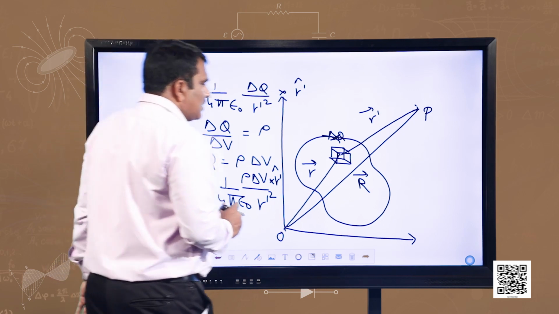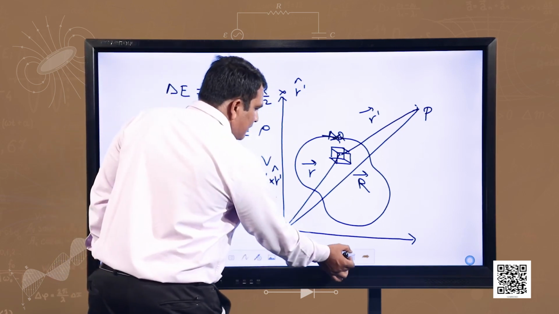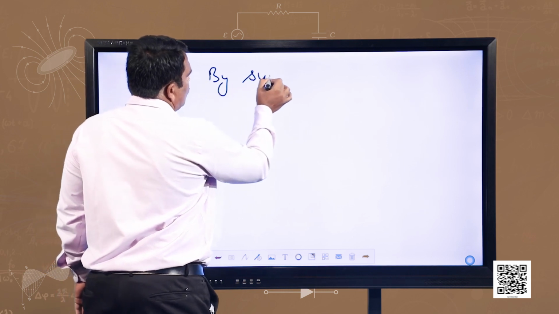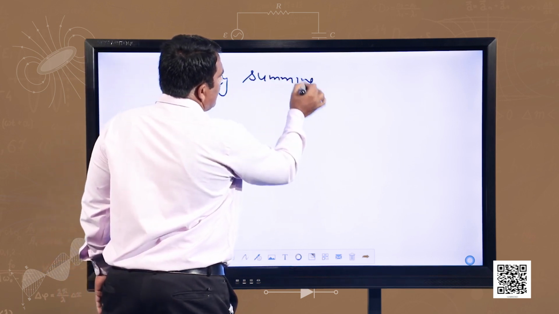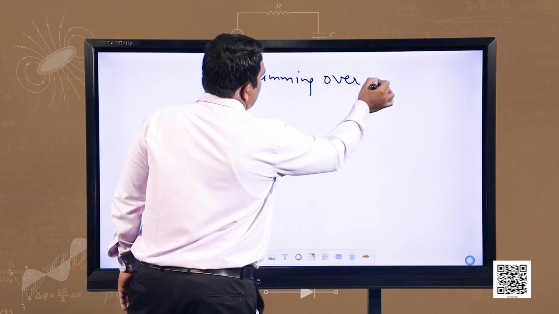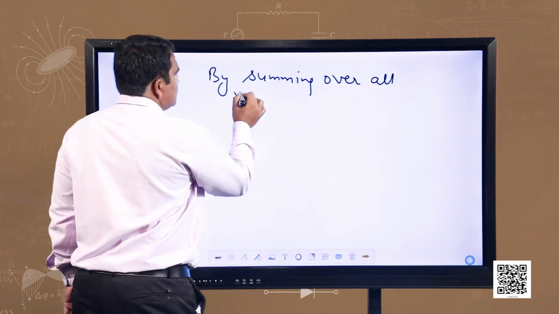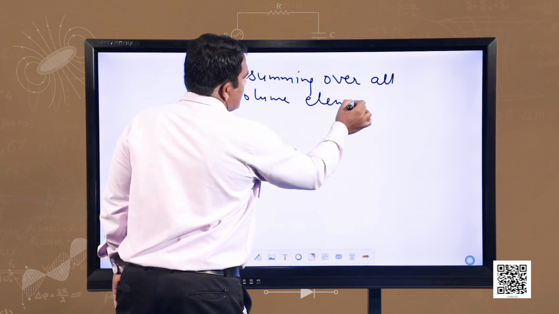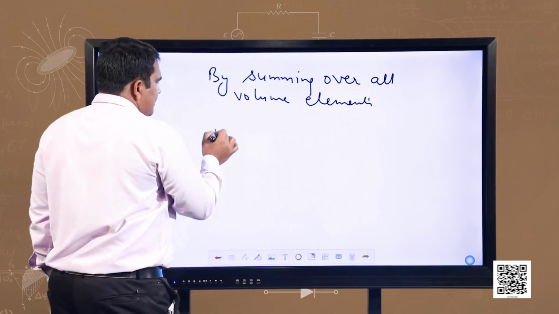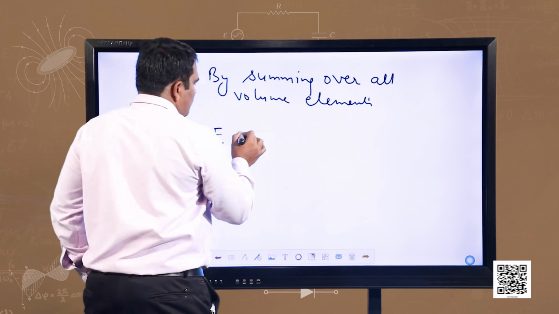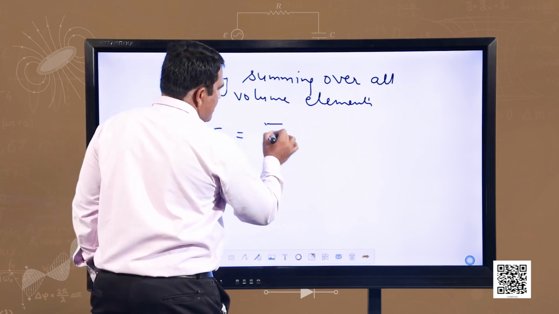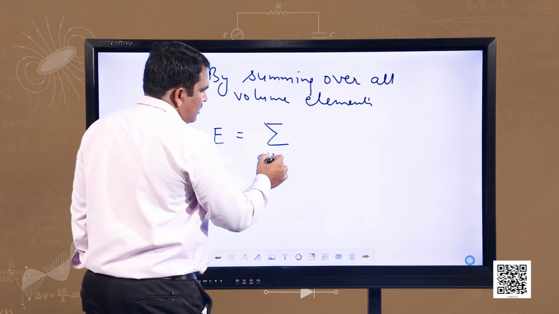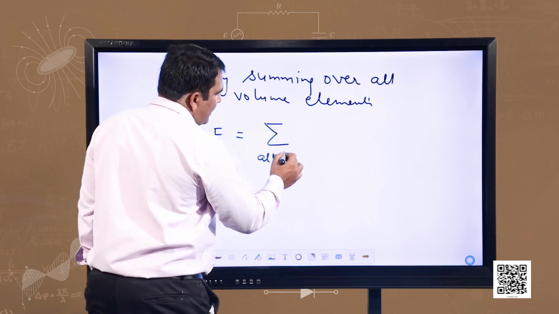Now, we can write the final expression by summing over all volume elements. We can write the net electric field will be equal to the sum over all delta V